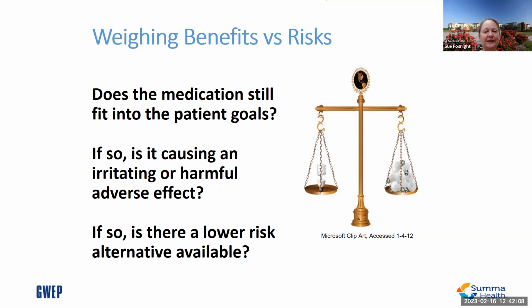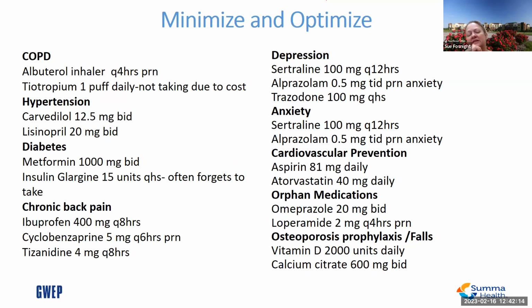Like Sue said, I don't expect you to be pharmacists, but you may have some input into this. What I have up here is just a list of the patient's medications. And remember that a lot of times we can solve these medication issues by things that are not medication. So there's other things that may be done as well. So I wanted to open up to the group, feel free to say anything that you think might help this patient, whether it is medication or something else. Anybody have any ideas?